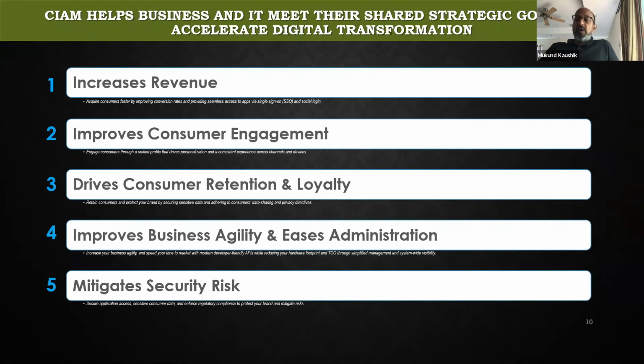Because to your point, we can collect a lot of data, and sometimes we don't want to shoot ourselves in the foot by collecting data that we may not have any use for. So it also becomes a conversation between the marketing and the security team to make sure that whatever data we are collecting is actually valuable for the company and has some use for it. Because if you collect it, then you've got to store it, and if you're storing it, then you've got to protect it. And God forbid, if you have a big breach, then you have to declare what you have collected. So it's a collaborative process that requires conversations between the marketing organization,